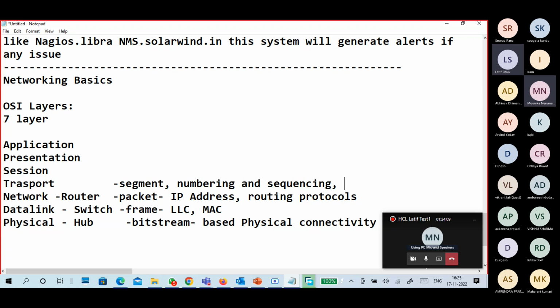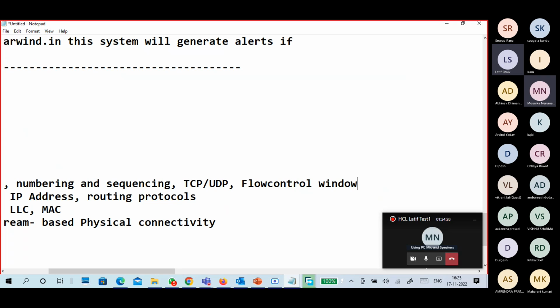And one more is there, TCP, UDP, multiplexing, windowing, flow control. Actually, no need to tell everything, but I'm telling. Error correction.